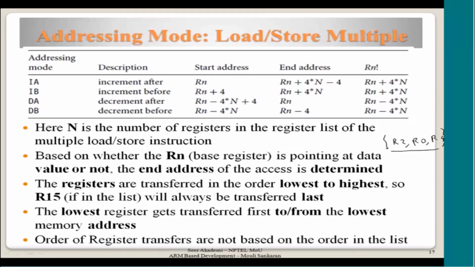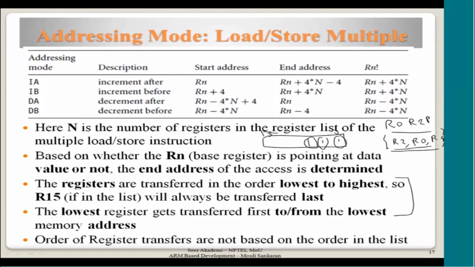If you recall the instruction format, it only keeps 1 bit for each register, 0 to 15, to say which registers are getting transferred. So for R0 it will set 1 here, for R2 somewhere here, and for R5 here. It is not maintaining inside the instruction the order in which you gave them. It only knows that you gave 3 registers in the list, and always the lowest registers are transferred first compared to the higher registers. So whatever order you give here, it is going to transfer the contents starting from R0 to R2, then